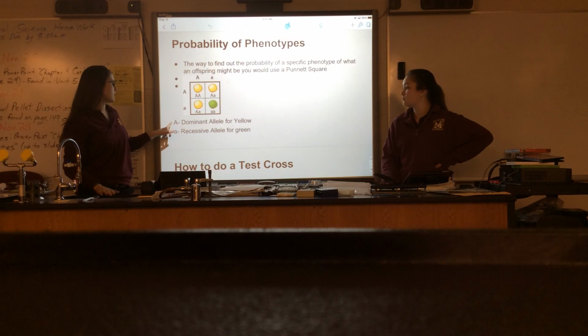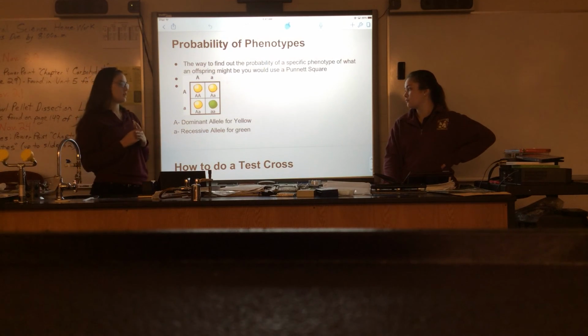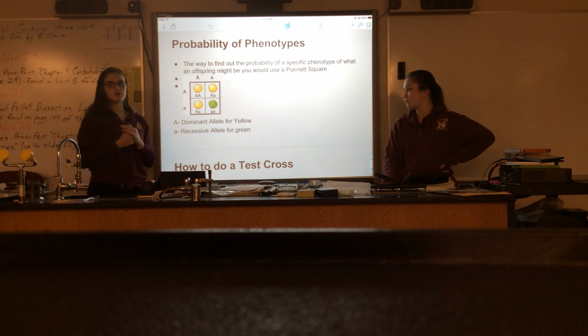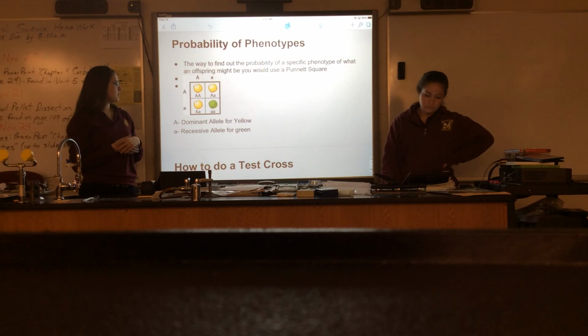And so here, the capital A is the dominant allele for the yellow, and the lowercase a is the recessive allele for green. And here, the probability of having a yellow